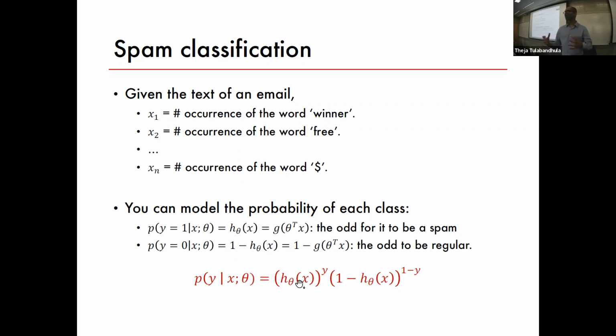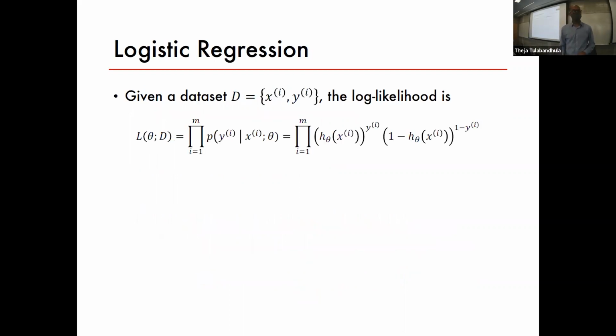It's a nice expression. It's a trick. It's not something that you would naturally pick, but we picked this, and it has nice consequences later on for fitting the model, estimating the model, and so on. So that leads us to the logistic regression specification. We motivated spam classification, and we said, let's think of the positive class, probability of the positive class given feature vector and theta to be something.